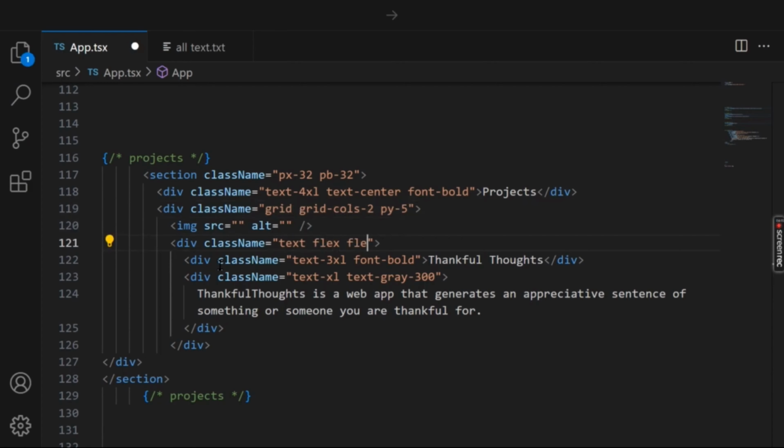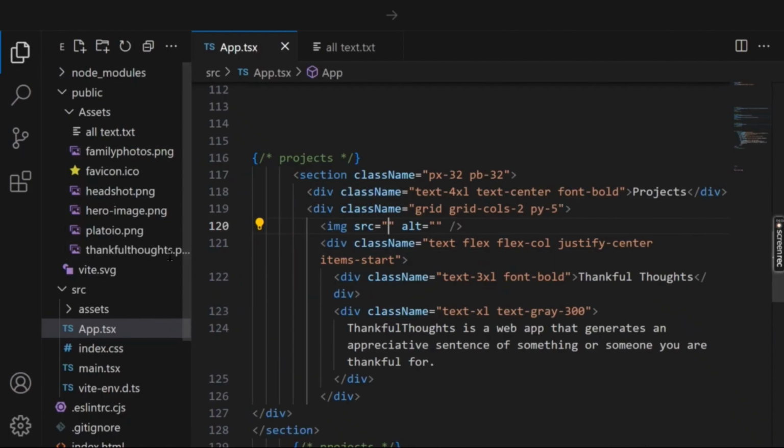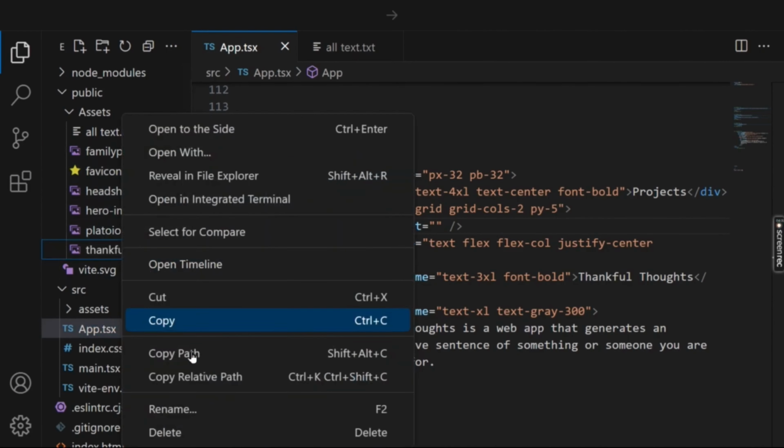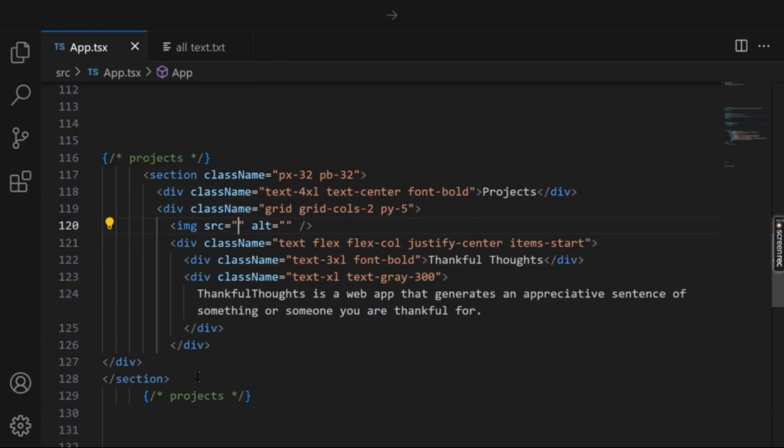we have to give the container of the tags flex, and flex will be column, and justify will be center, and items will be start. And the image is coming from the image location, which will be the thankful thoughts image, and just paste it here, and make the location